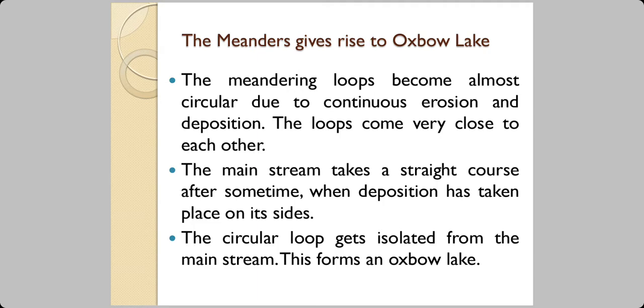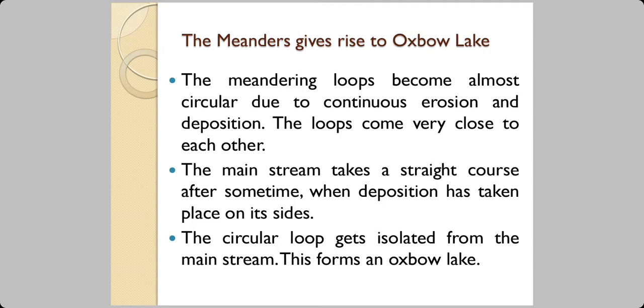Now, meandering also gives rise to certain landforms, and one of those is the oxbow lake. The meandering loop becomes almost circular due to continuous erosion and deposition. So, every time the river is turning, whenever it's bending, it's depositing. Let us say that a river is going straight and it's bending towards the right hand side, so on the left hand bank of the river, there will be some deposition. Then it goes some distance and turns left. So on the right hand side bank, there will be some deposition,